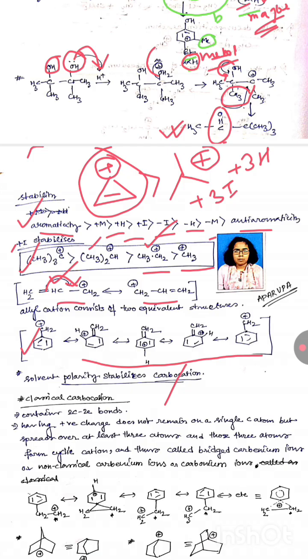ओके, सो देयर मस्ट बी नॉर्बोर्निल सिस्टम में कार्बोकैटायन कहाँ पर होने में कैसे कैसे हम देख सकते हैं, तो ऐसे ऐसे आप देखोगे ऐसे ऐसे स्ट्रक्चर होता है। ठीक है, तो यहाँ पर ख़त्म होता है क्लासिकल और नॉन क्लासिकल। क्लासिकल कार्बोकैटायन होता है जहाँ पर टू सेंटर 2 इलेक्ट्रॉन बॉन्ड होता है। पर आप जब देखोगे कोई भी ब्रिज हेड पोजीशन में कार्बोकैटायन होता है वो 2 सेंटर 2 इलेक्ट्रॉन में नहीं रहता है, वो 3 सेंटर तक चला जाता है, तो उसको हम क्या बोलते हैं तब? नॉन क्लासिकल कार्बोकैटायन बोलते हैं। किसको? ब्रिज हेड कार्बोनियम को। ठीक है, तो यहाँ से ख़त्म होता है।